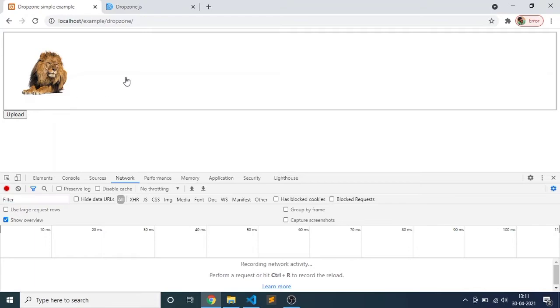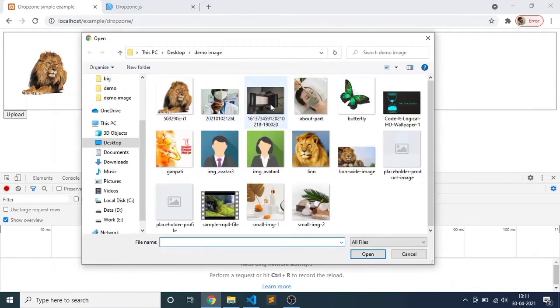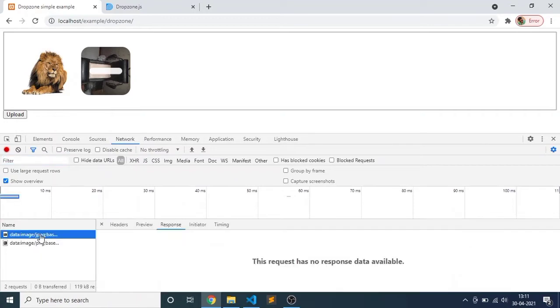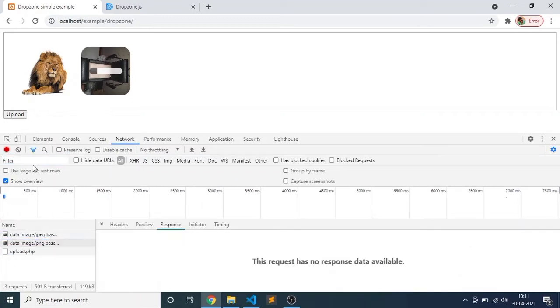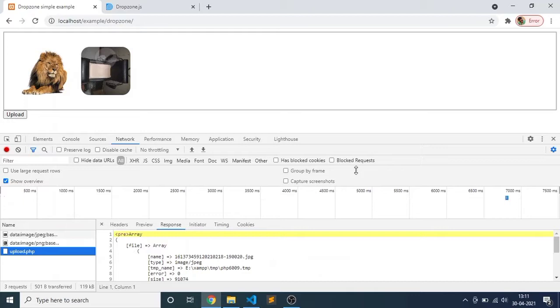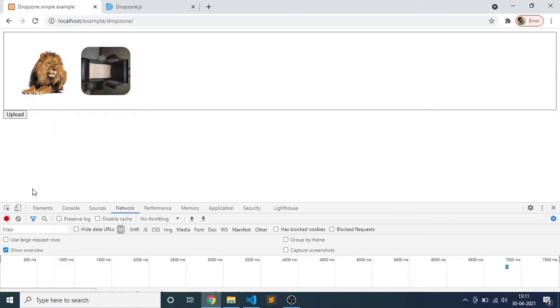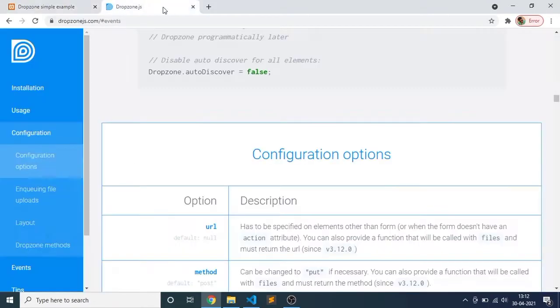You can see the uploading process in the network tab. I select one image, and when it uploads, it comes in the upload file, and you can see the preview. So let's get started with this demo for your learning process.